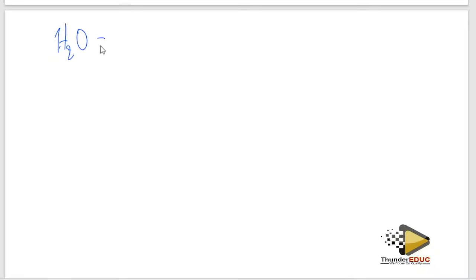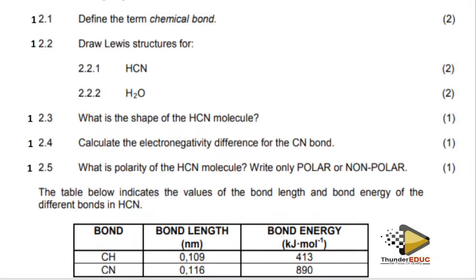Water: oxygen is in group 6, and hydrogen is in group 1, but I have 2 times 1, so 2 of them. So the electrons I'm supposed to use are supposed to be 8. So I'll draw this: it's 1, 2, 3, 4. You understand? And then 5, 6. But hydrogen has another one, and then another one, meaning that it forms a structure like that, which we call the bent shape.